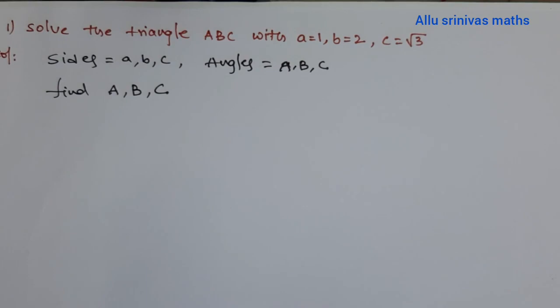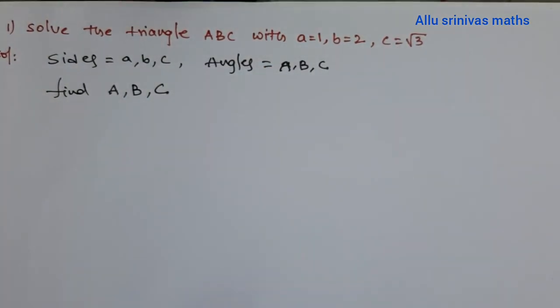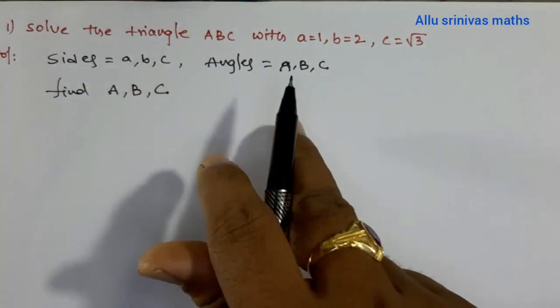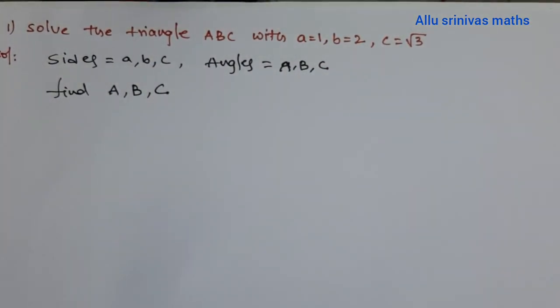Now we discuss solution of triangles in trigonometry. The three sides of a triangle and three angles of a triangle are called the elements of the triangle. The sides are denoted by small a, small b, small c, and the angles are denoted by capital A, capital B, capital C. In this chapter, three elements of a triangle are given. The process of finding the remaining three elements is called the solution of the triangle.